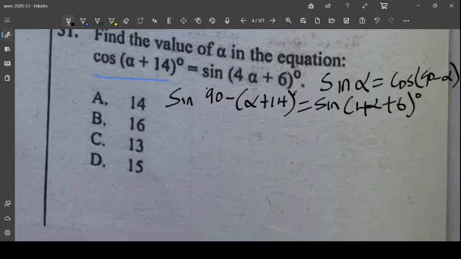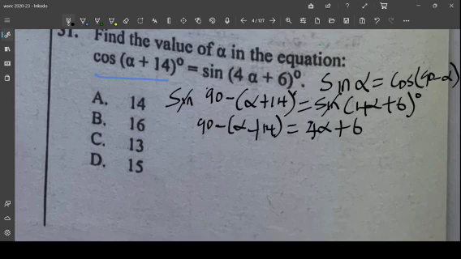All right. So now I have my question. They are now both in sine. So since they are both sine, that means I can easily cancel out the sine here. And then let's proceed. 90 minus (alpha + 14) is equal to 4 alpha + 6. So I can expand these brackets and I have 90 minus alpha minus 14 is equal to 4 alpha +